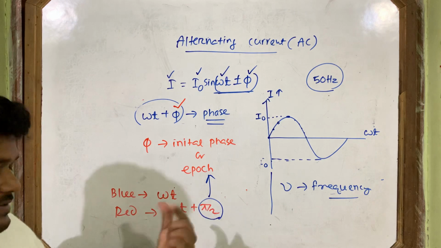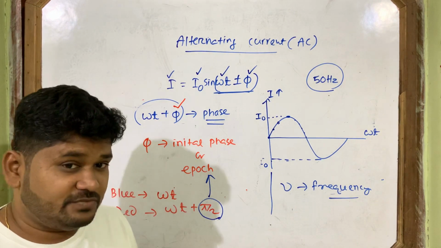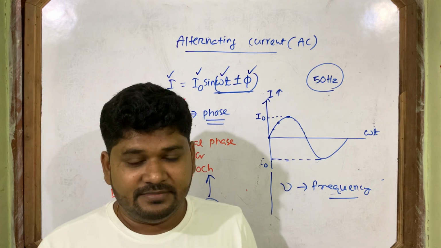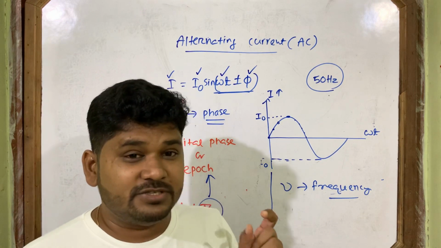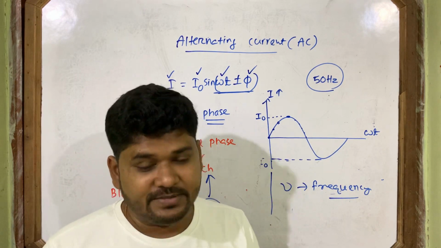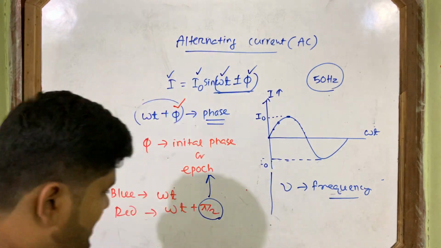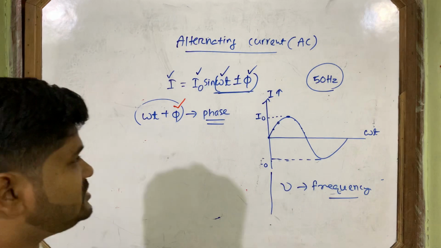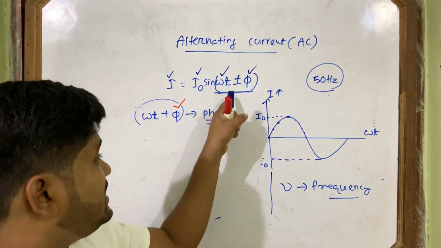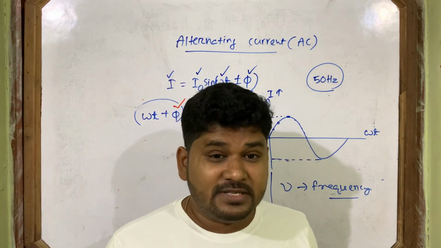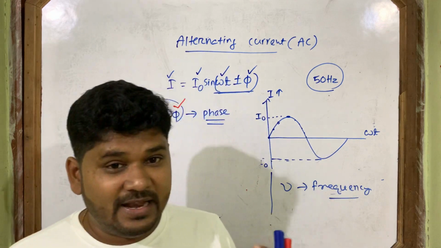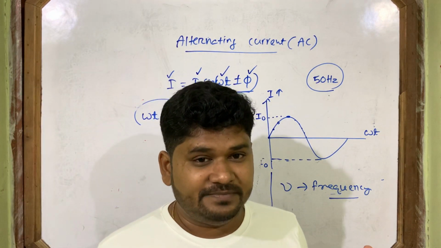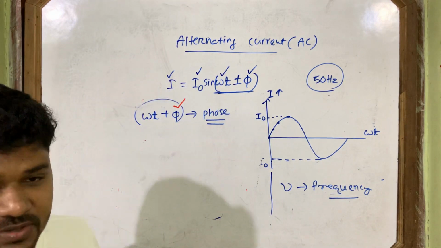So remember these two words, leads and lags, because we frequently use these words in this alternating current chapter. I explain now what this omega t plus or minus is. Why did I write plus or minus pi? Because it may lead, may lag. So plus and minus pi, for that I am writing here. May lead, may lag.